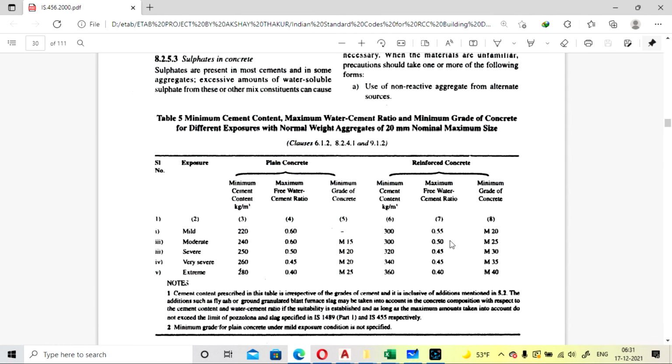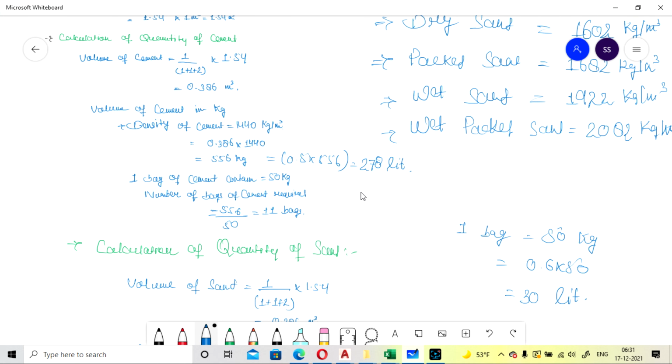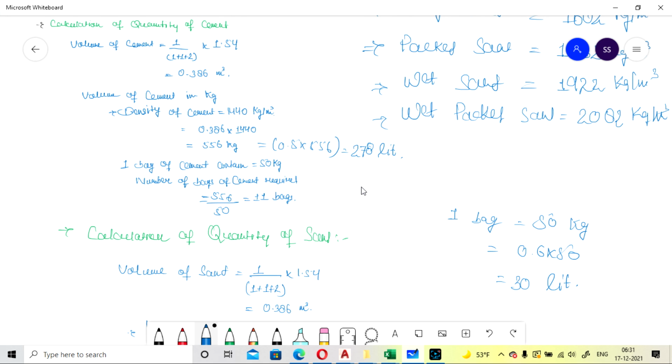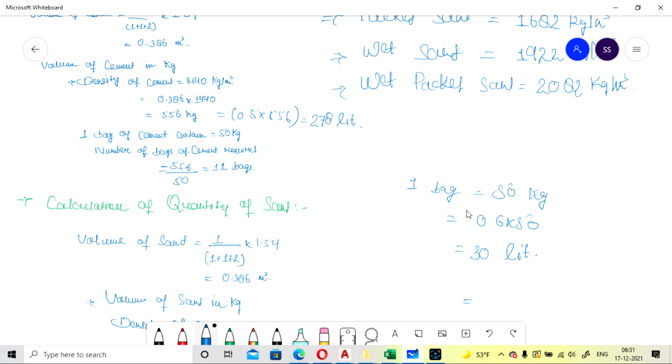See here, for M25. Okay, so we have multiplied by 0.5, so it will come to 278 liters. Okay, so if you are talking about one bag, which is 50 kg, you have to multiply it by 0.5 into 50, not 0.6, it is 0.5. Okay,